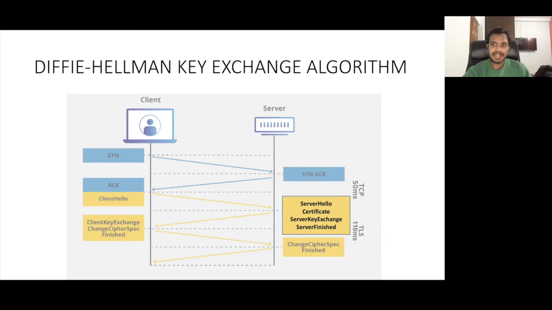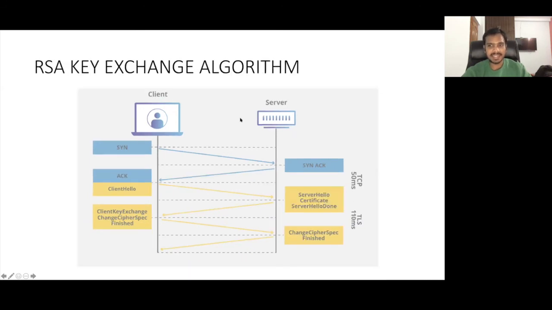So the website we hit, pagerduty.com, was using the Diffie-Hellman key exchange algorithm for the TLS handshake, or for exchanging the private key itself. That's why we saw these messages: client hello, then 4 messages from server, 3 messages from client, and 2 again from server. We didn't see the RSA key exchange algorithm because they were not using it for exchanging the key. Of course, the difference is just in the first step from the server side. But if some website uses the RSA key exchange algorithm, you may see these steps in that case.